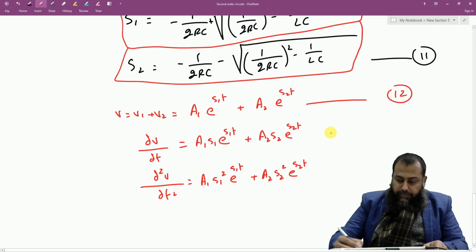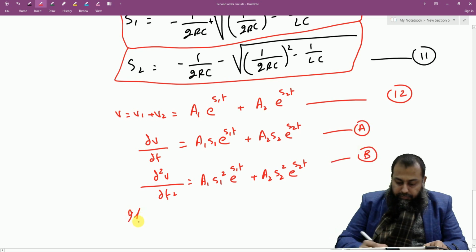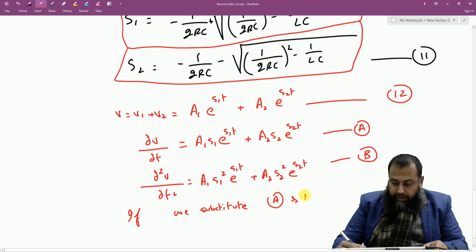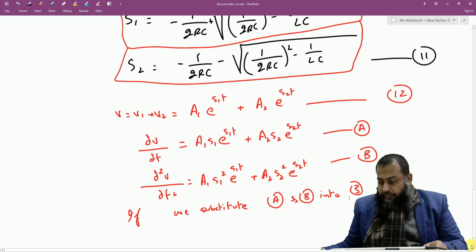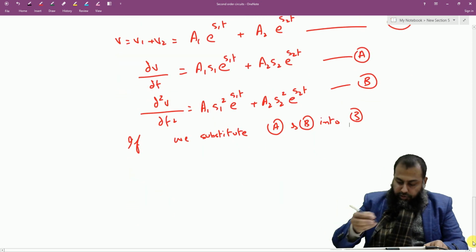So let us say this is a and this is b. If we substitute a and b into equation number 3, then we get